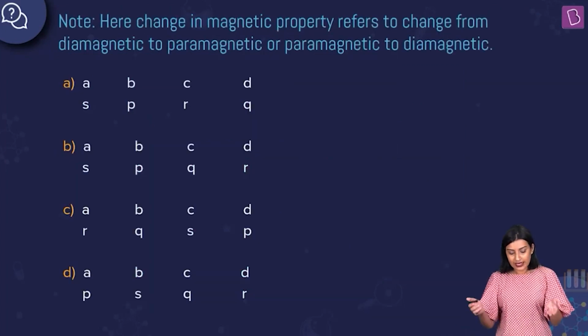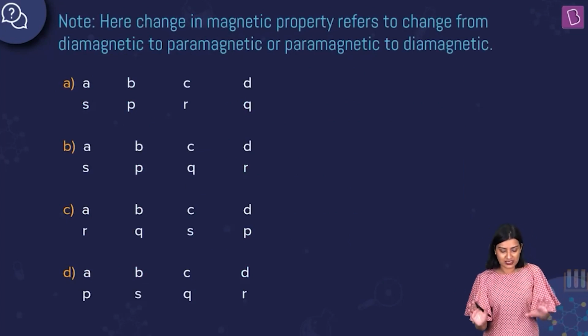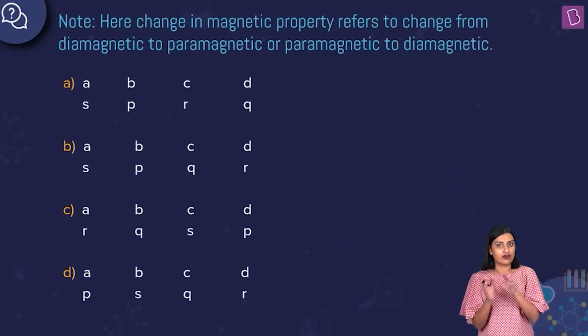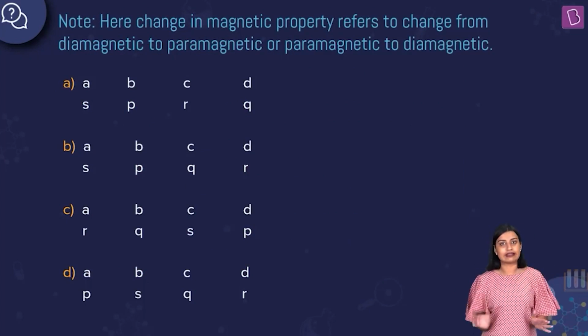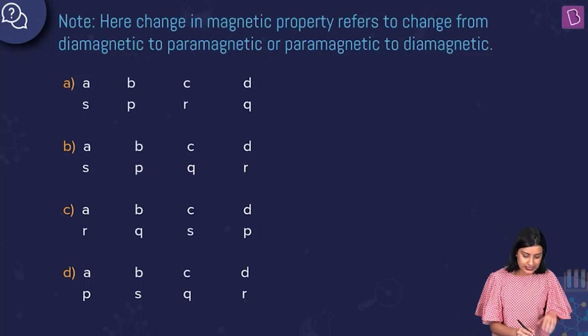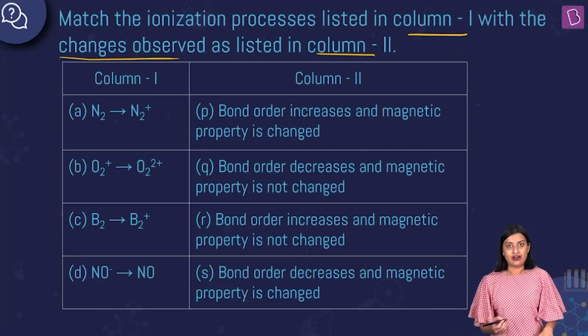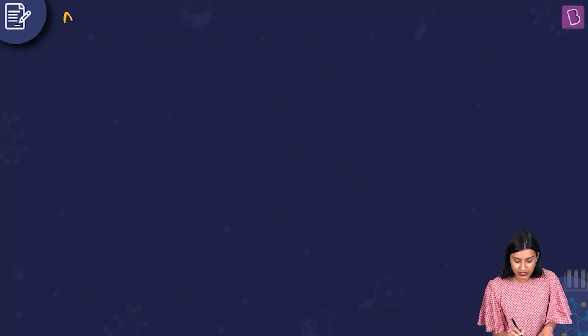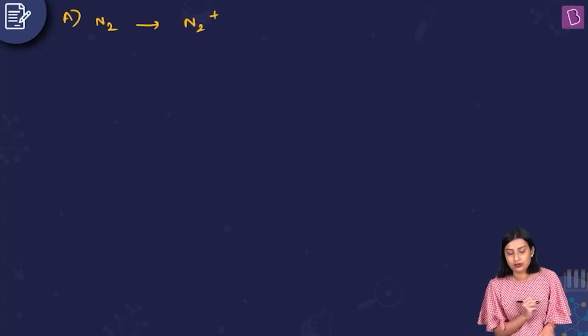That is what is mentioned even in the note specified here, and your options are A, B, C and D, where we have to make a match of respective options and then present it like this. Accordingly, we'll get one right answer. So let's start. First option that we have, option A, is N2 gives you N2 plus, right? So this is going to be A. N2 gives you N2 plus.